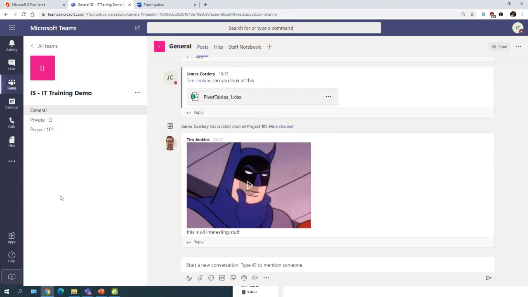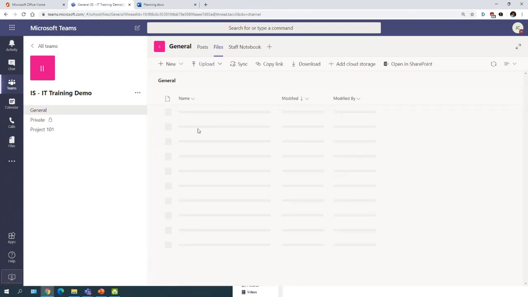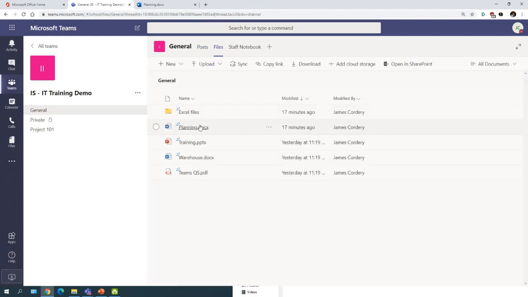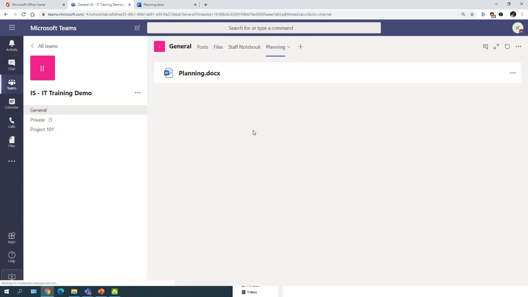Okay, so that's the majority of what I wanted to look at with the team section. There's a few other bits. If you want to, you can add extra tabs up at the top. At the moment, there's not a lot you can do with that, but what you can do is add a file as a tab. So if you have a particularly important file that you want to draw everyone's attention to, you can select it, and up here you can see we've got this option, make this a tab. So if I click on that,